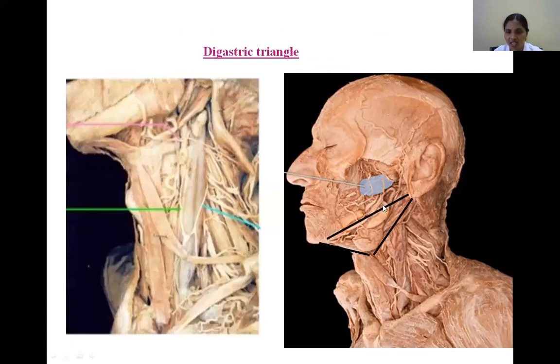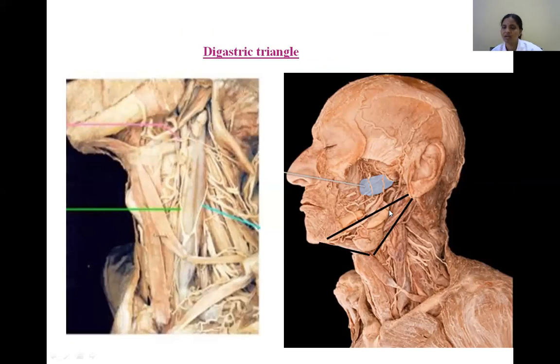See, the digastric triangle is bounded above by the base of the mandible, an imaginary line from this angle of mandible to the mastoid process. And in front below it is bounded by this anterior belly of digastric, postero-inferiorly by the posterior belly of digastric. So among these three structures, this triangle is further divided by means of a ligament. Here that ligament is not dissected. It is there but not clearly identified.